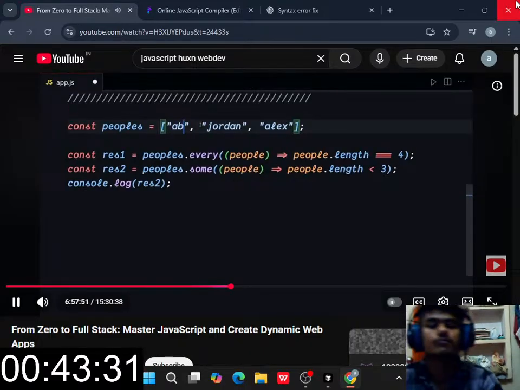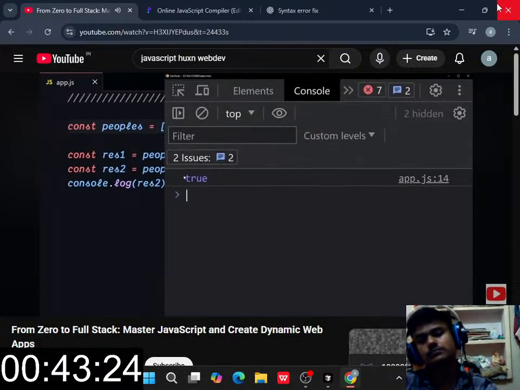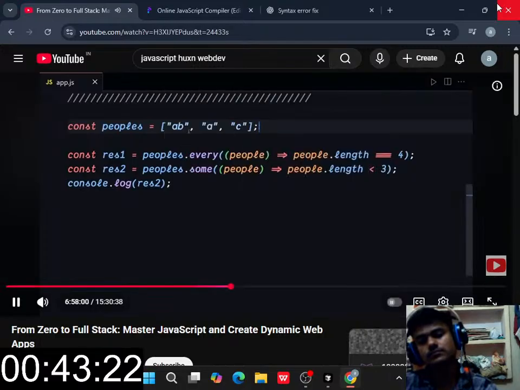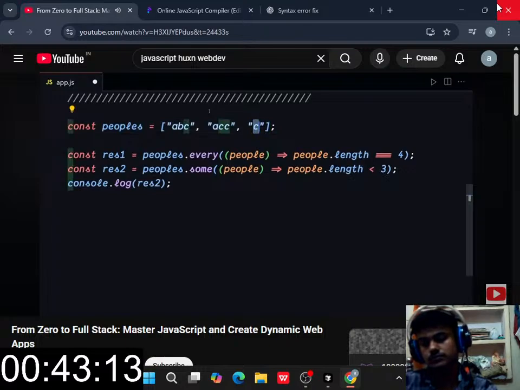Write like A, B, and if I just write A, and if I just write C or something like that, and if I save it, it will now give us true right here, okay? So, or you know what? If I just write A, B, C for this one, A, C, C for this one, and this one will be less than 3 characters right here. So if I save